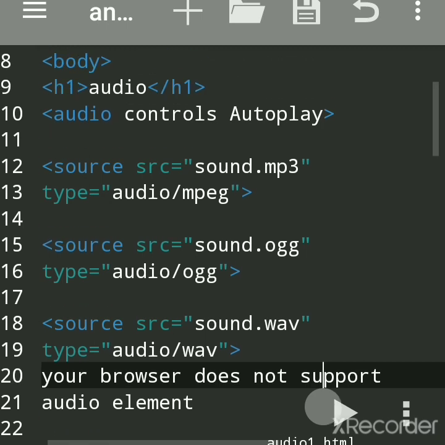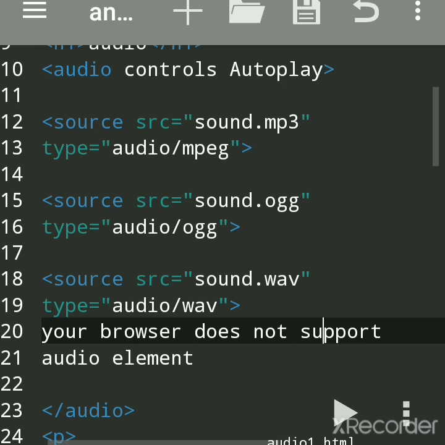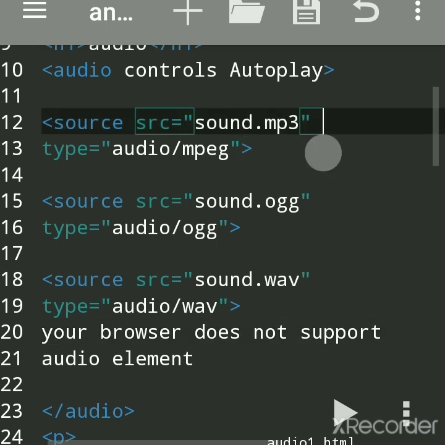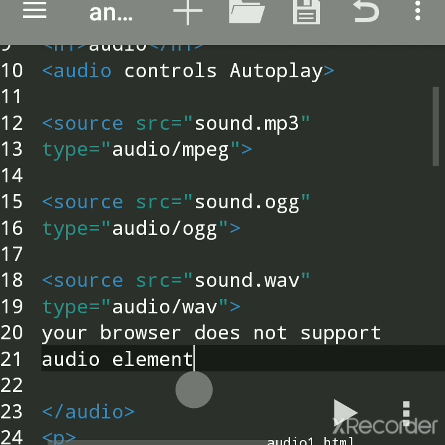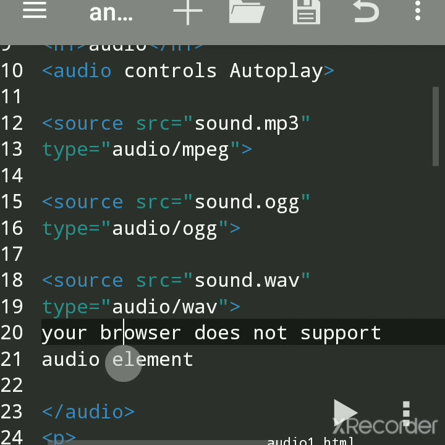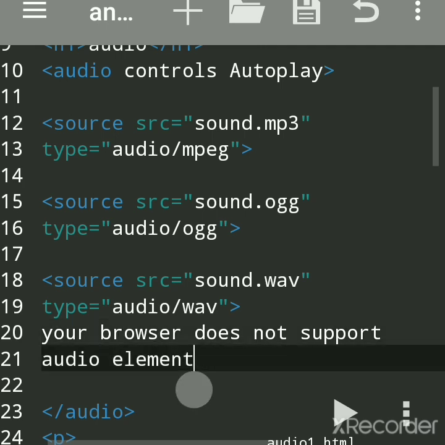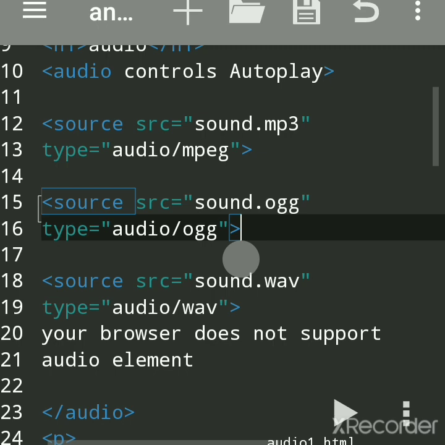As I was running in preview, I tested the output in an Android browser. I tested in just one browser as the first file was played, but you have to test in a number of browsers so that you can check where these different audio file formats are supported and where they are not supported. This message will be displayed only in the browser where these audio file formats are not supported.